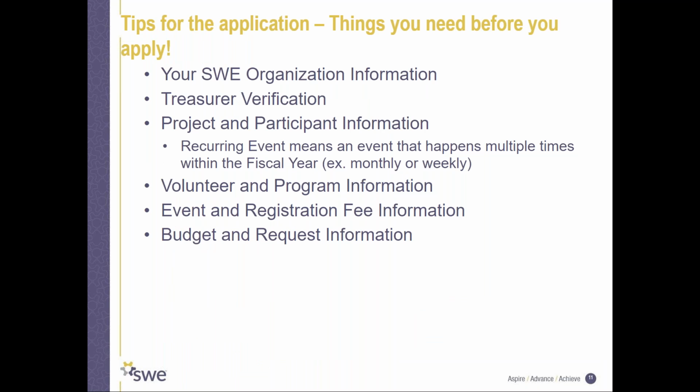So we're going to go over some tips for your application to help you make sure that you put forth a strong application for our committee to review. So this is a list of some of the things you need before you apply. You need your SWE organization information, treasurer verification, project and participant information, and to put a note on here, there's